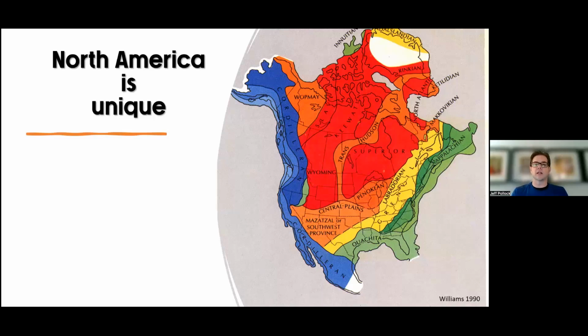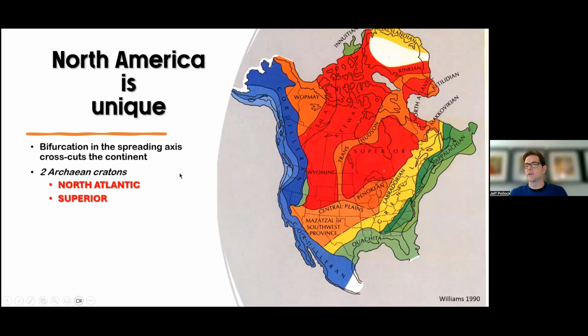Tuzo Wilson recognized this in 1963, not in the Appalachians, but in the Archean cratons, where he first came up with the idea of mobile plate tectonics. And we now recognize this as representing Wilson cycles and supercontinent cycles. If we look closely in eastern Canada here in this region around the Labrador Sea, it's kind of unique because